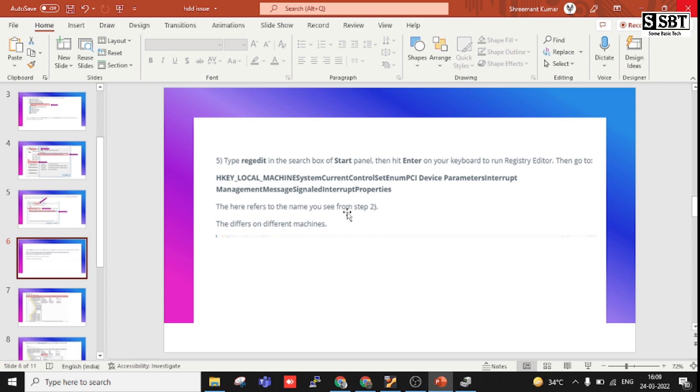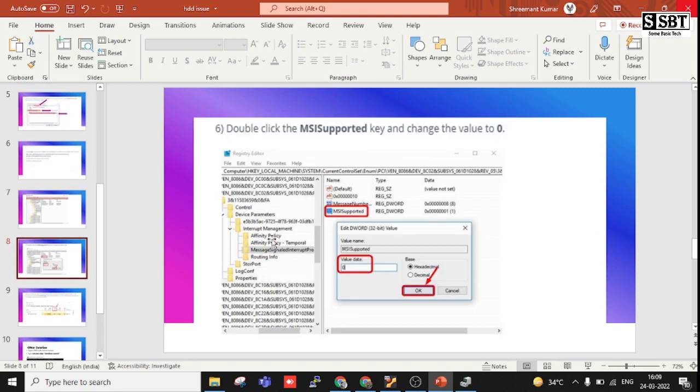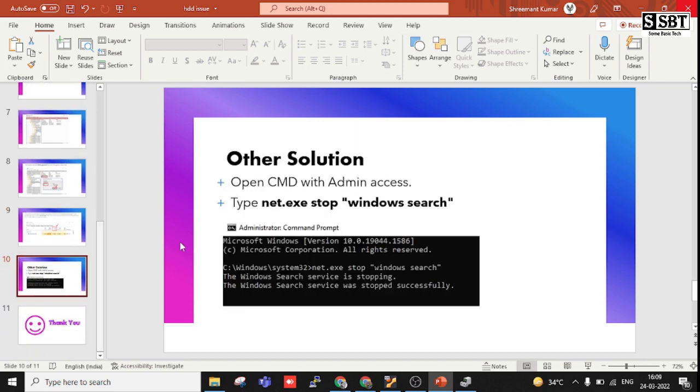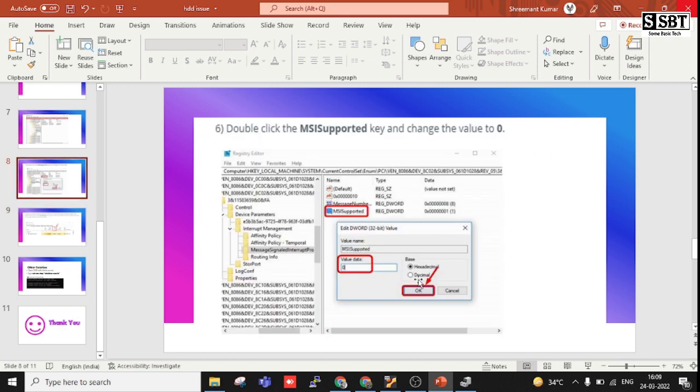And then you can also see I have shown the same path and selections, message signaled interrupt settings, and then changing that value. You can see we just went here and then changed the value, and then the hard disk value is 0. And also you need to restart from here. Whenever you finish these settings, take a restart of your system, and then